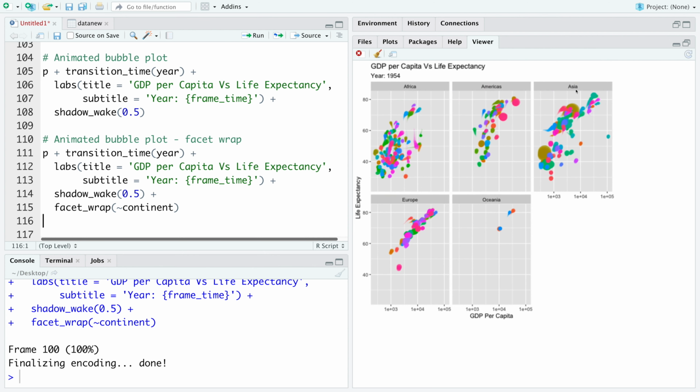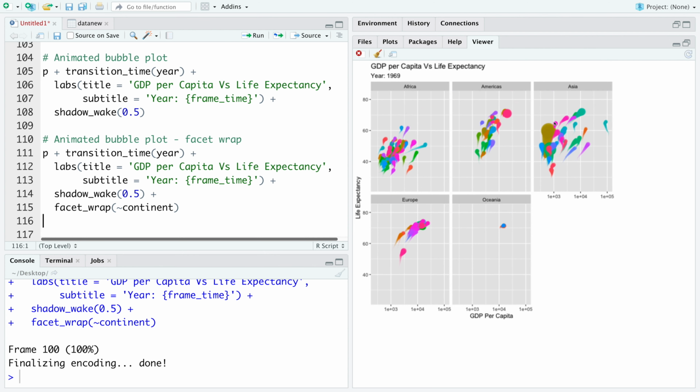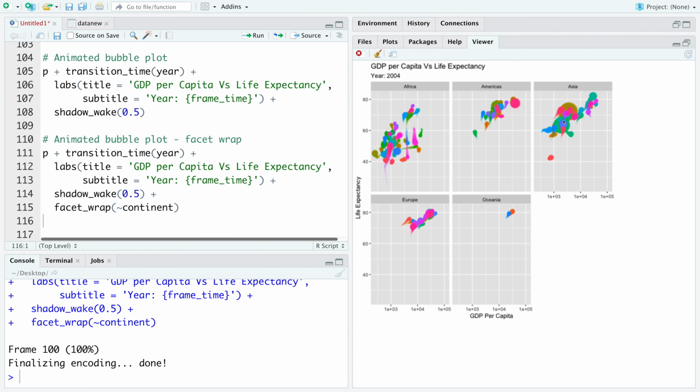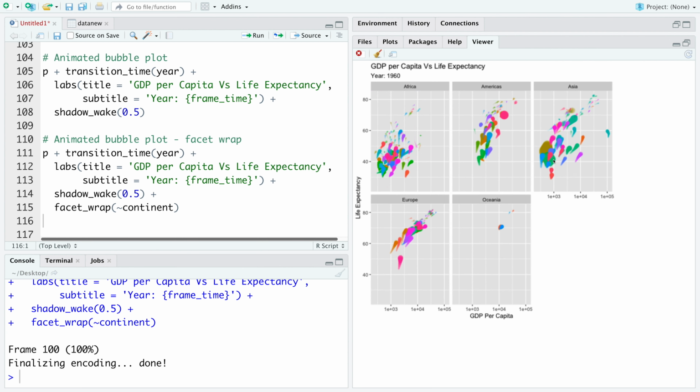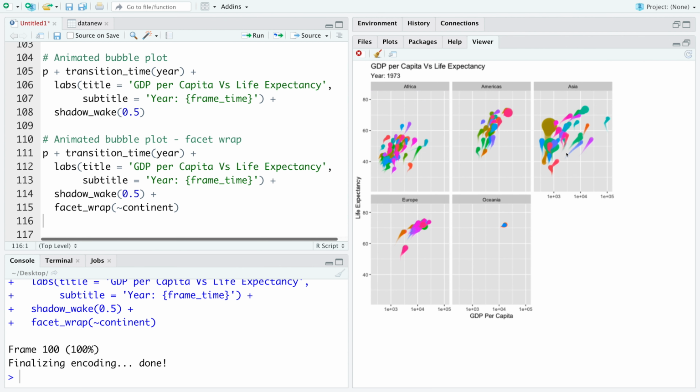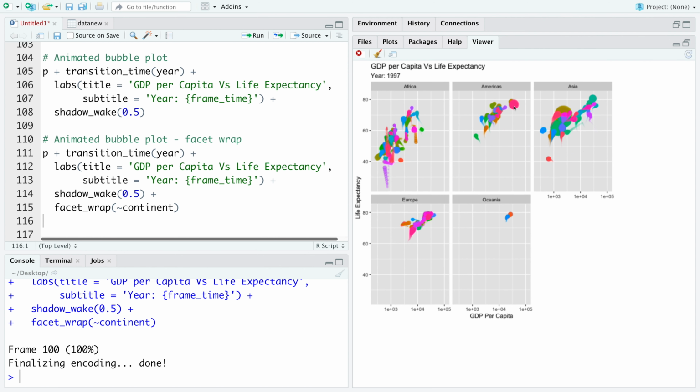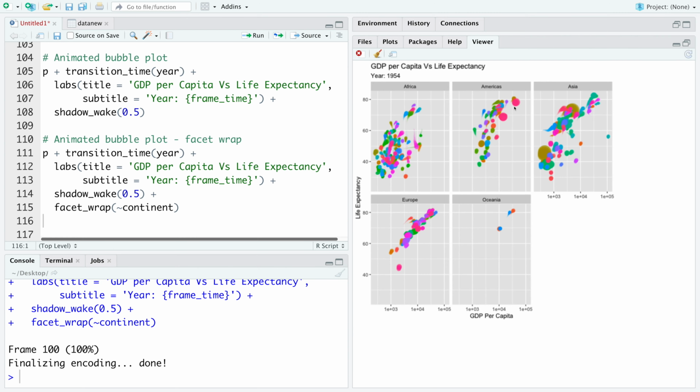So you can see in Asia, we have these bigger bubbles. The bigger one is China, and a slightly smaller one in population size is India. And in Americas, you can see this is obviously USA and so on.